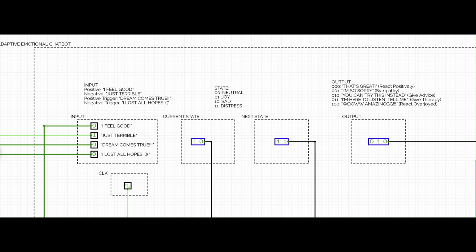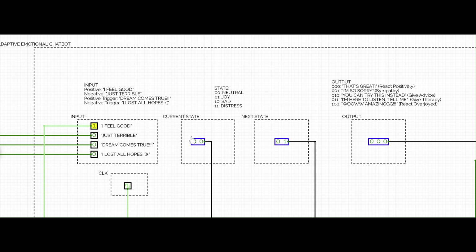So now we will come directly to the demo part. Let's see if my product works the same as the state diagram and the logic I mentioned above. So let's start with the initial step. Let me reset everything as I mentioned above by setting every input to 0 and clicking the clock 2 times. So now our machine is reset and we are in the neutral state when nothing has happened. For example, if the user is having a positive mood right now, they will click on the one that represents it. For example, they feel something positive and they click I feel good.